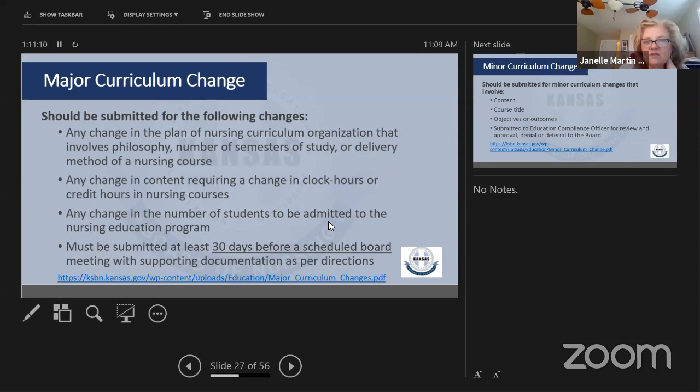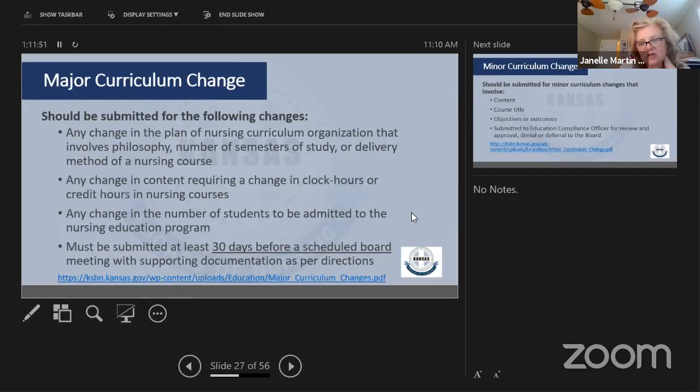And a reminder that those curriculum changes should be into our office at least 30 days before a scheduled board meeting if you want it to go for approval at the next board meeting. So that 30-day mark is important. Our last couple meetings have been by Zoom, and our next one probably will be as well. We're putting those agendas together and trying to get everybody on the same page, and we have some requirements as a public board and notifications that we have to make about what our agendas are. So that's what that 30 days is about. So it's really helpful for you to have everything in.